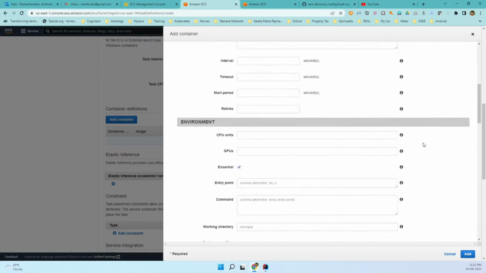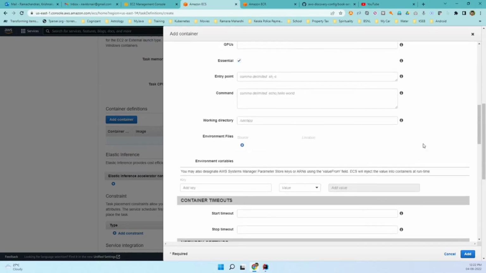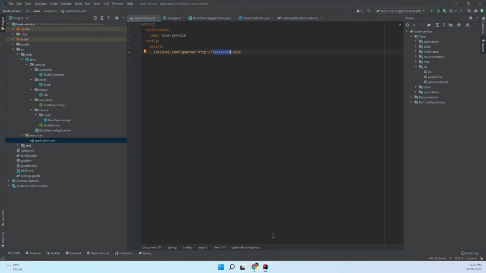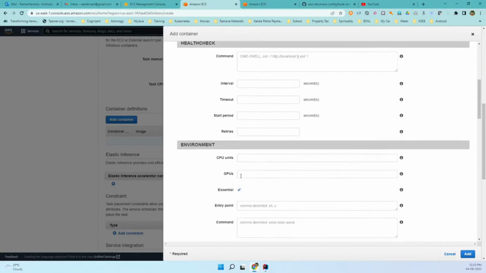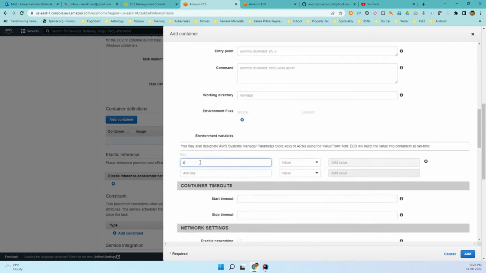So again, I leave everything blank. There is nothing much to do. But in this case, there is one thing. This book service, if you remember, communicates with the configuration server. So what we need to do, I'm going to use spring.config.import as the environment variable. So coming down, you can see there is an environment variables section. So I will give a